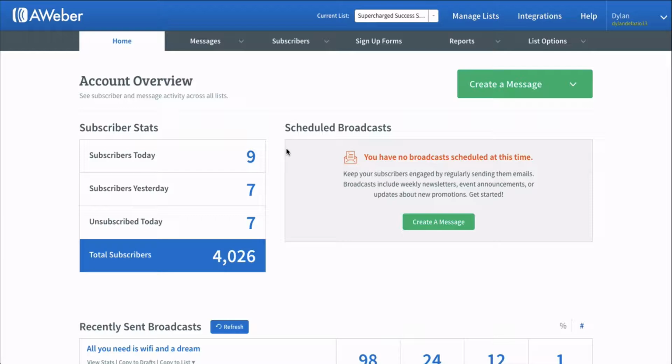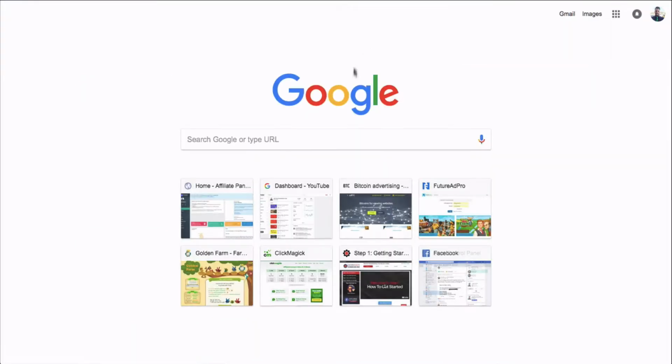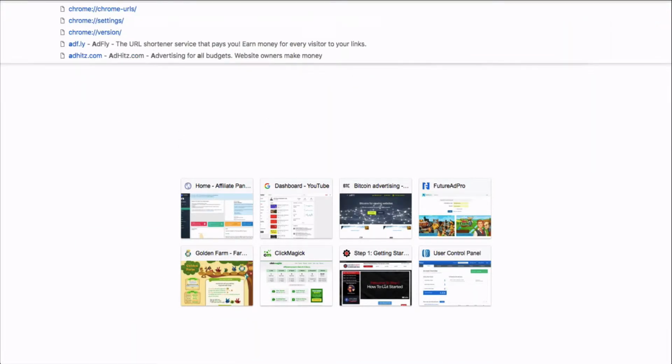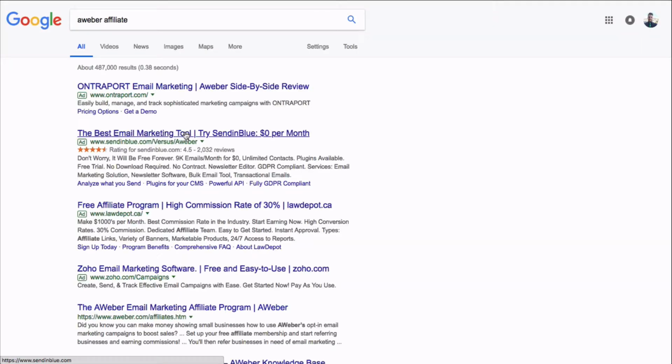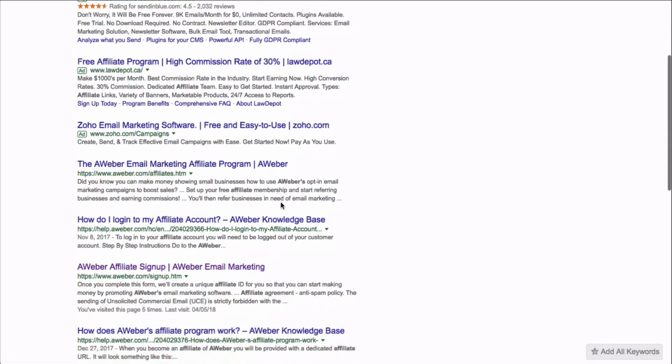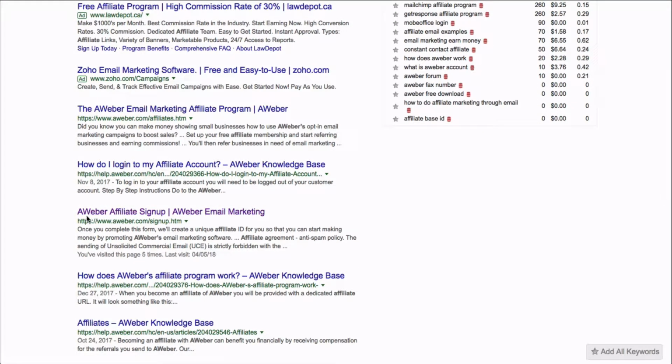Now, before we get into going over the back office and how to set up our list and stuff like that, I firstly want to set up our affiliate links. So in order to set up the affiliate platform for Aweber, you need to go over to Google and type in Aweber affiliate. Okay, just Google search Aweber affiliate, and if you scroll down, what you're going to see is the Aweber affiliate